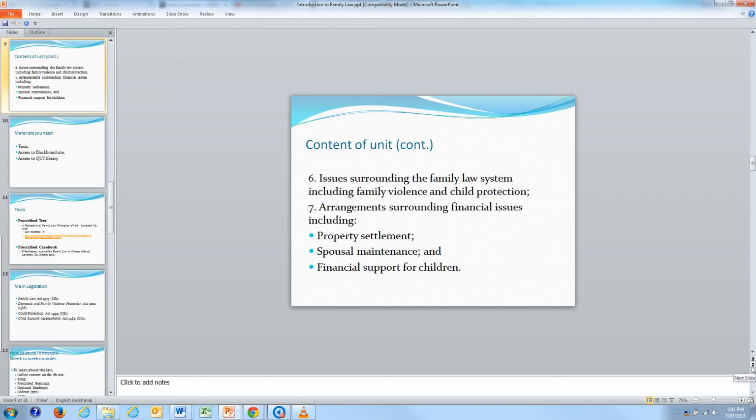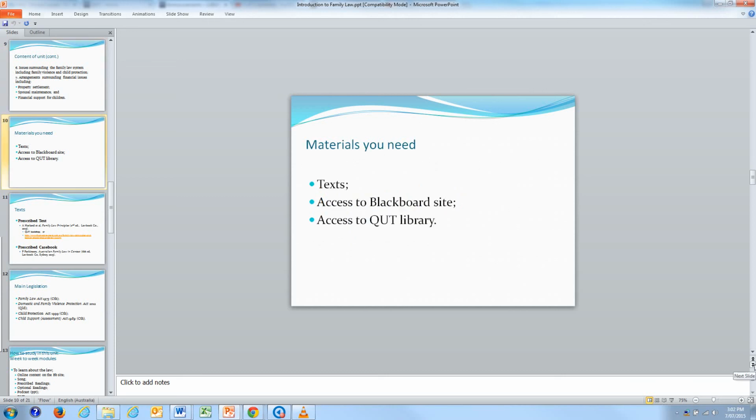And apart from the family violence and child protection law, which are sometimes in the backdrop of a family law dispute, we'll also be looking at financial issues. So, for example, when people have separated, how they can settle their property and what sort of approach would the court take if the case went to court. Also, in relation to their children, how will they share financial support for their children? Will they go through the child support agency, or will they make an application with the child support agency, or will they